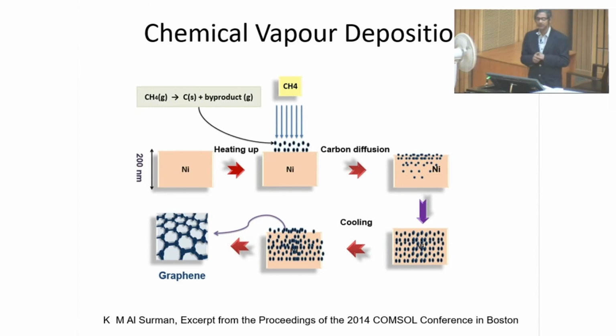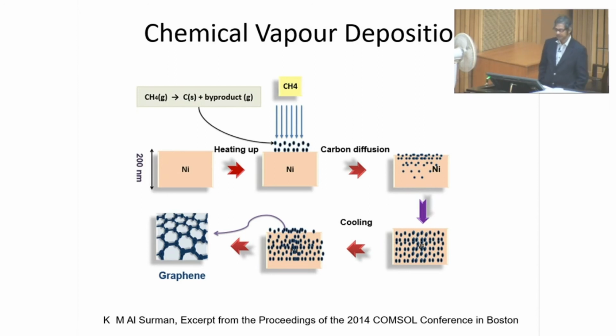Now, the last technique I will talk about for production is chemical vapor deposition, known as CVD. CVD is basically a thin film deposition technique. Here also we can use catalysts like nickel. What is done is you take a nickel plate,